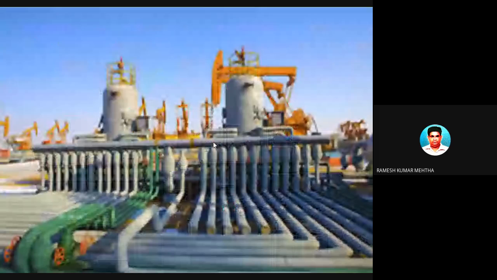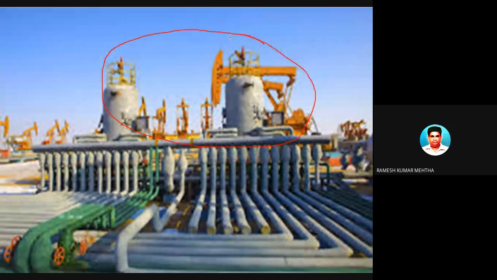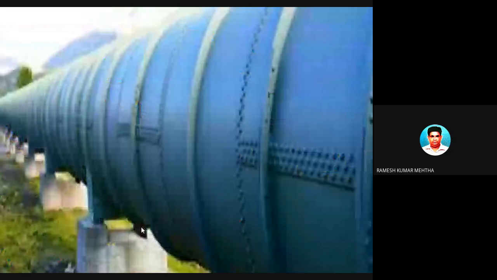Okay, so these are the pipelines. There is the manufactured liquid, petrol or diesel, or LNG, CNG and LPG, and these are transported, especially crude oil. This is something related to crude oil, petrol, diesel, and these are the pipelines which help to transport from this place to different parts. Okay, hope you understood.